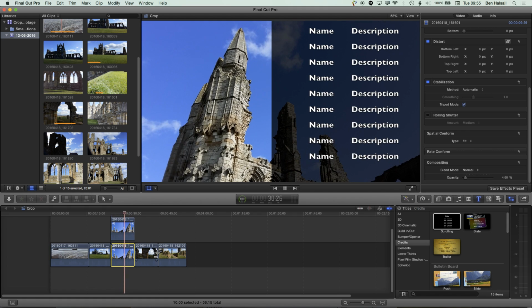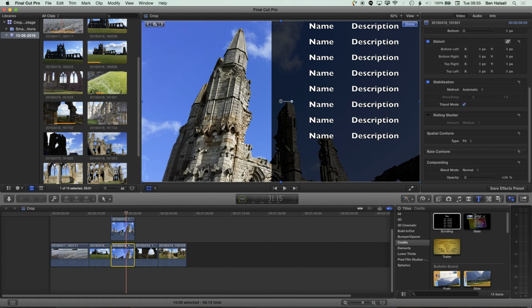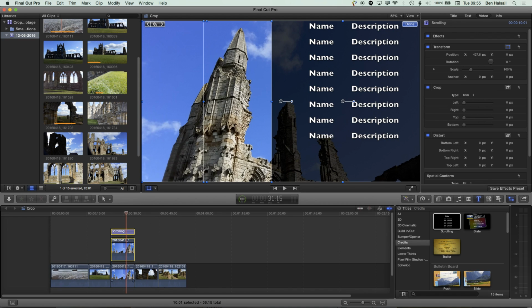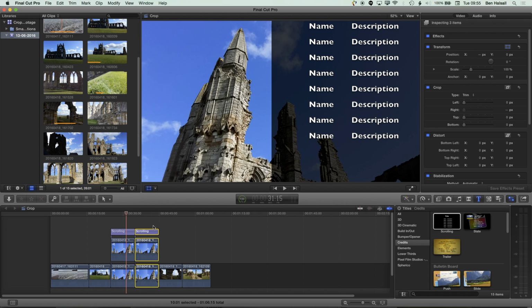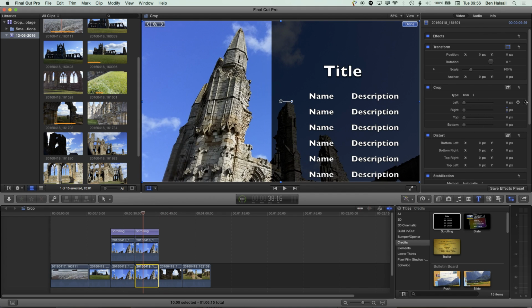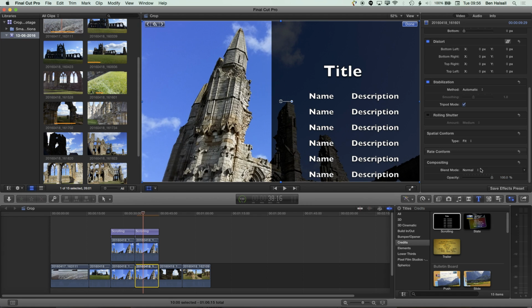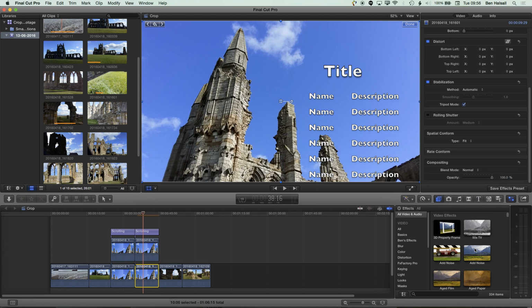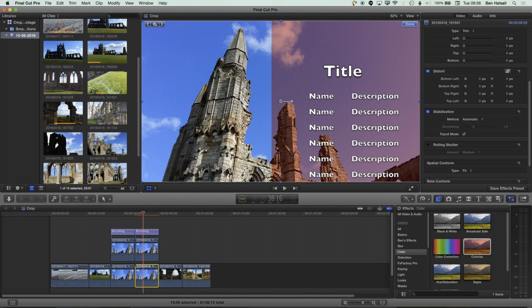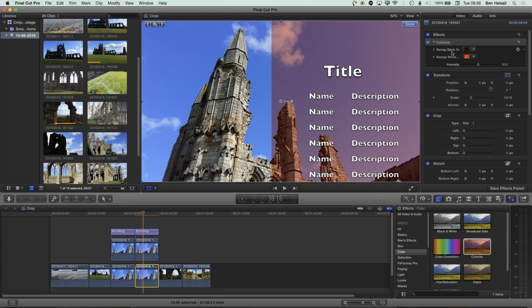Okay, we can take this another step further, and if I just highlight these three clips, I'm going to hold down the Alt key again and just drag these across the right. It's going to duplicate all three of those selected clips at the same time, and instead of dropping back this clip in the background, I'm going to turn the opacity here back up to 100%. Okay, I'm going to come to my effects and come to my color effects and colorize. Okay, and you can see now with that effect turned on,